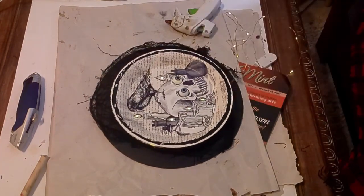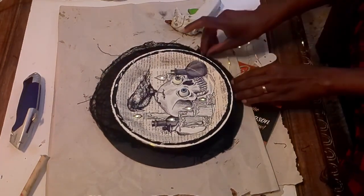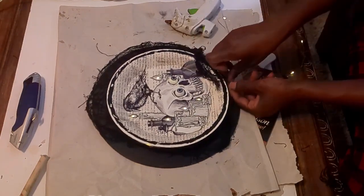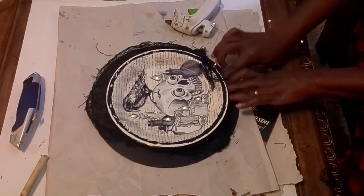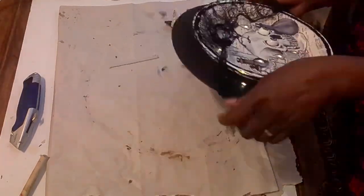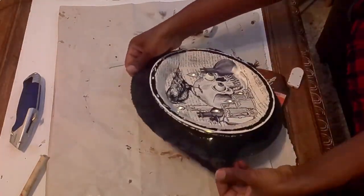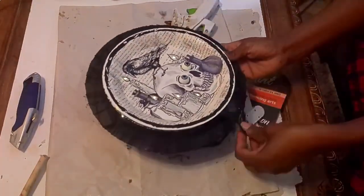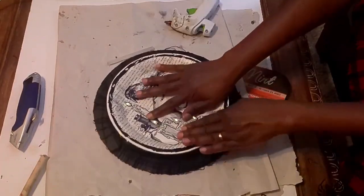And then here I am just trying to figure out how I want to do this. So I decided to put the lights up under the cloth, and I'm just going to use some tape to put those on there, because I didn't really want to use a whole lot of glue, and you can even see the tape. So I'm going to, like I said, stretch out this cloth,